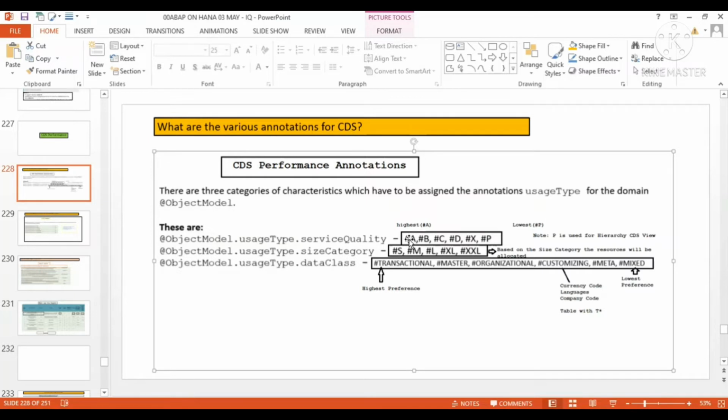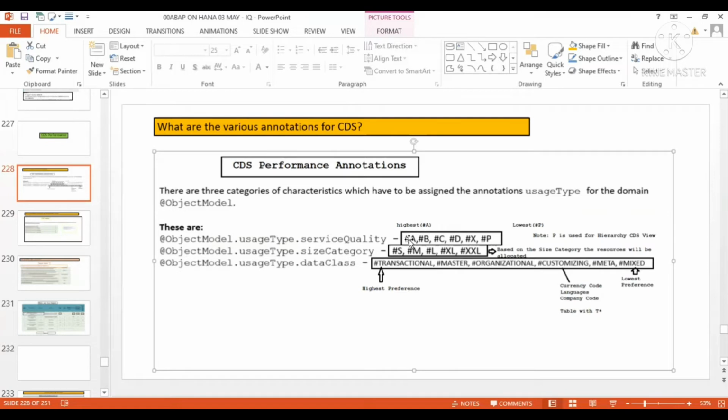Because when you give service quality A, all the resources consumed by the CDS take higher priority for that particular CDS, because the system program in the back end is written in such a way that this CDS should be on higher priority.